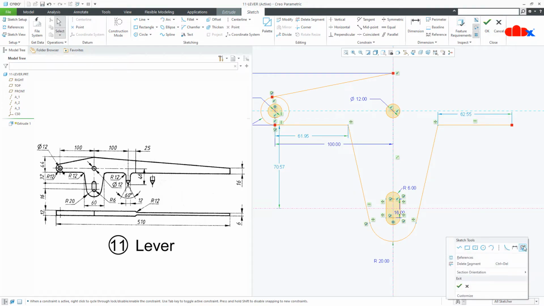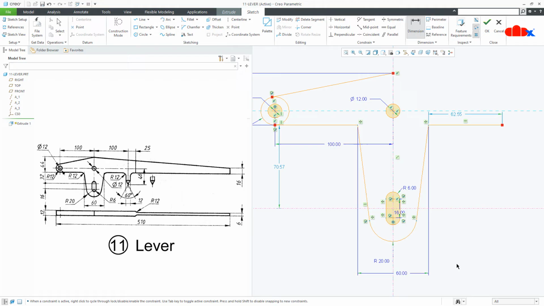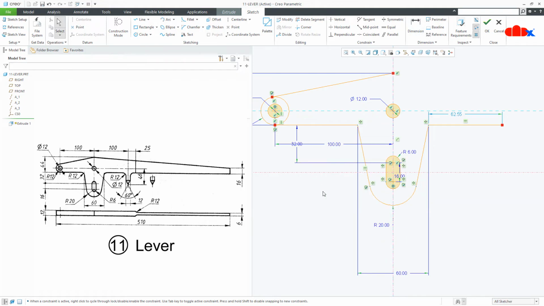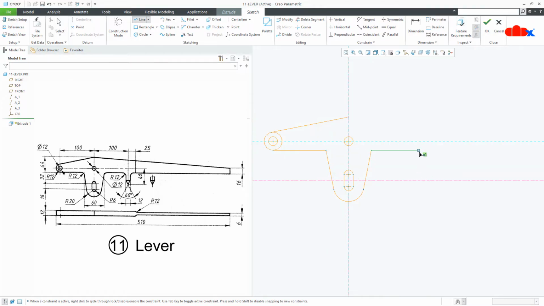Now the dimension. So from here till here, this is 60. And from here till here, this is 32. Now draw the line.